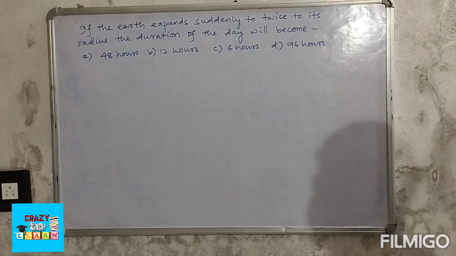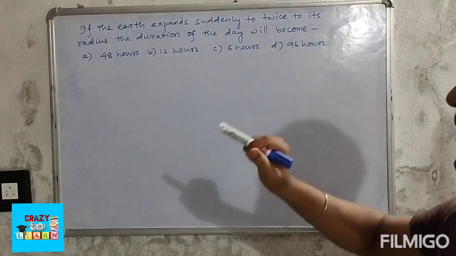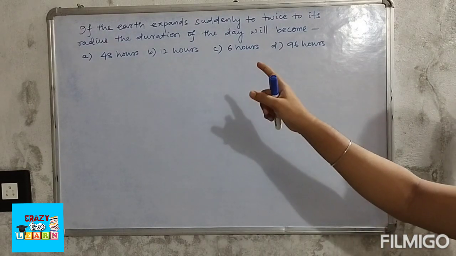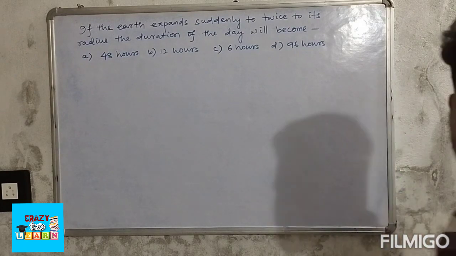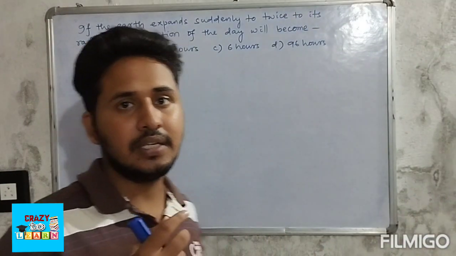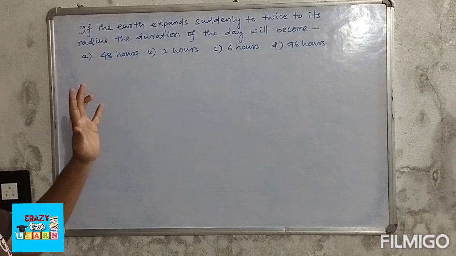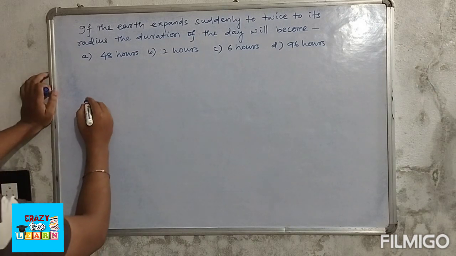Our next problem is: if the earth expands suddenly to twice its radius, the duration of the day will become 48 hours, 12 hours, 6 hours, or 96 hours. This is a very important question, so please listen and watch carefully. Okay, let's start. To solve this question, you need the idea of moment of inertia. So we know the moment of inertia